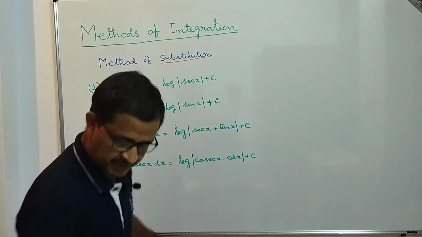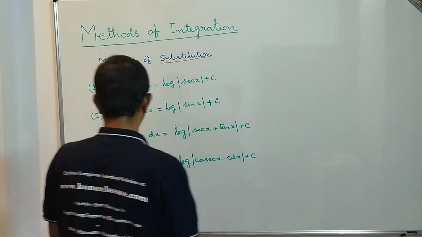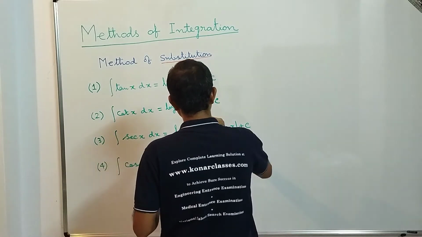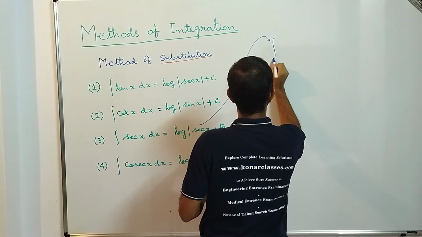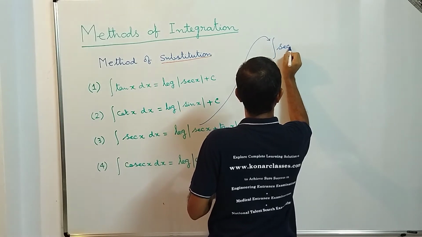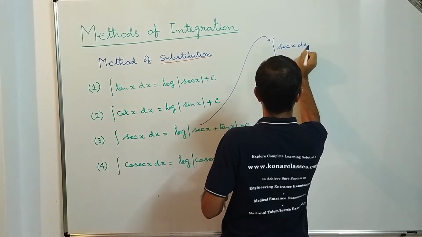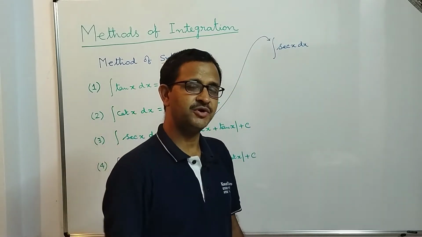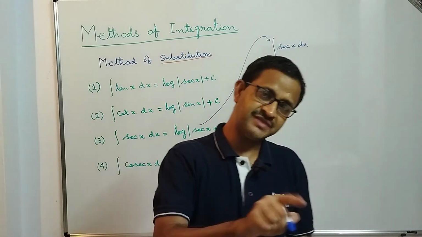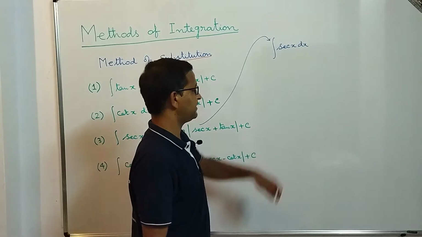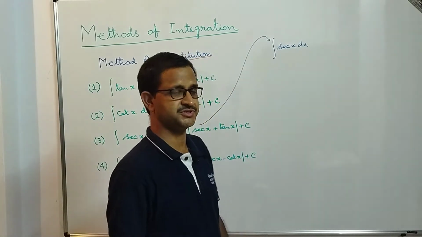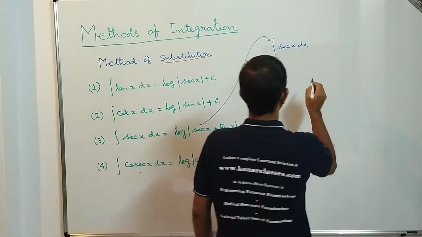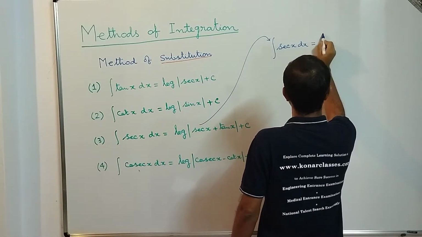Okay, so integration of sec x dx. Let me do it here. Integration of sec x dx: sec x is not directly integrable. Now let's see how we can make it integrable by means of some substitution. So what we can do here is write the integration of